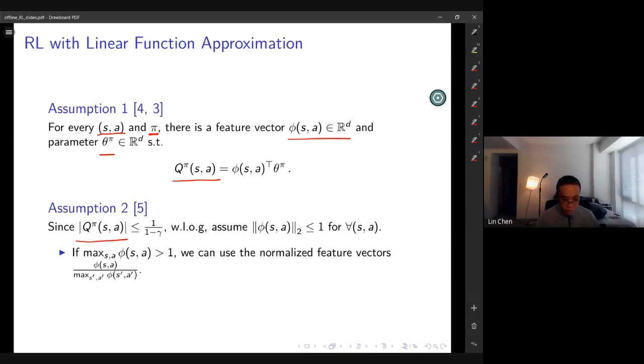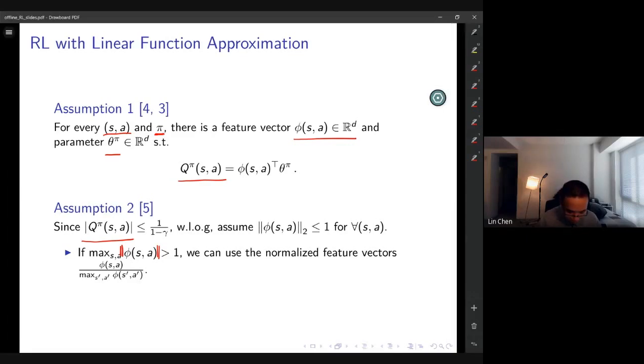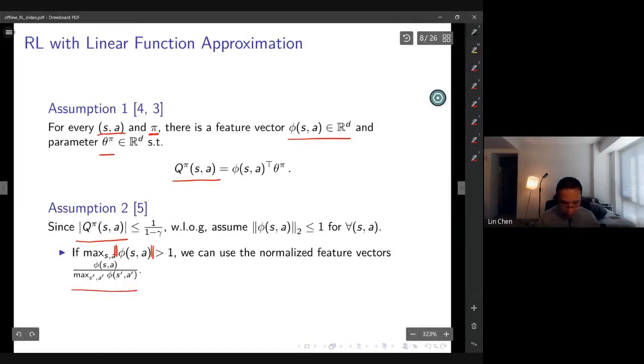And actually, if the maximum of the norm of the feature vectors is greater than 1, then we can use the normalized feature vectors instead. Okay, so we can always assume assumption 2. So in linear function approximation,